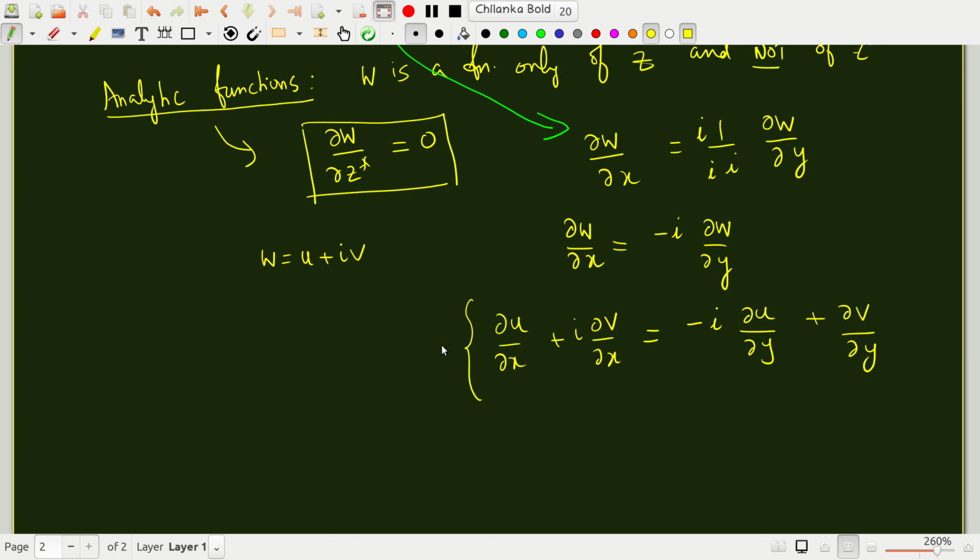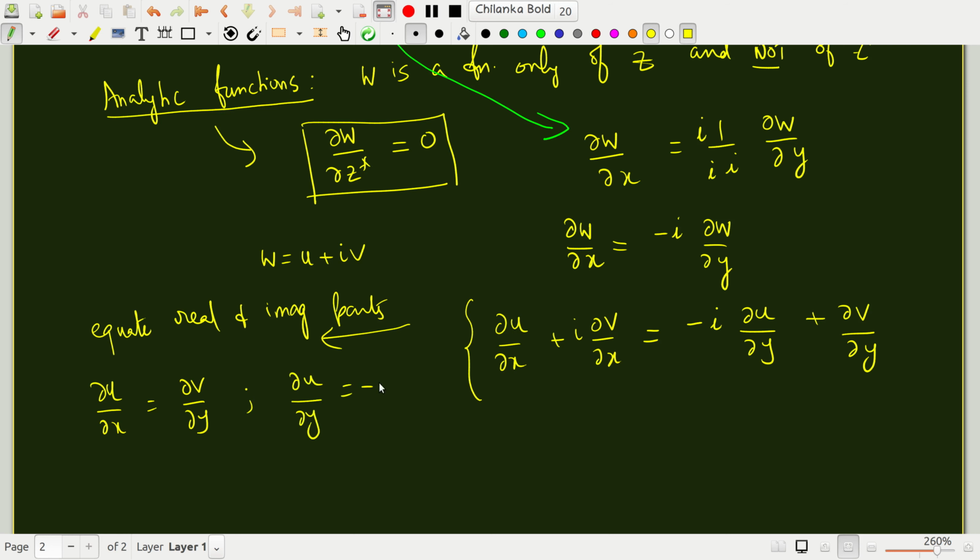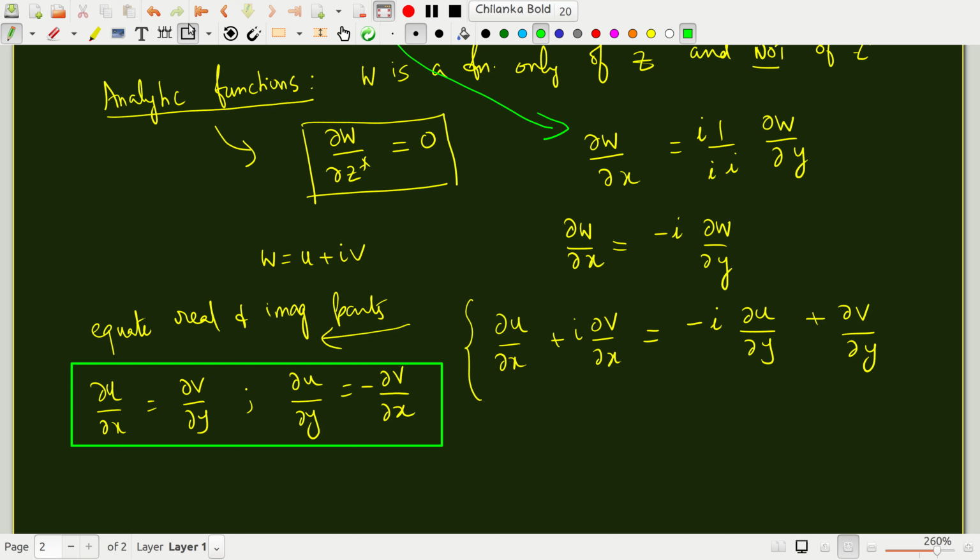So if you equate the real and imaginary parts of this equation, then one gets partial u partial x is partial v partial y, and then partial u partial y is minus partial v partial x. These are the celebrated Cauchy-Riemann equations. This is very, very important in complex analysis, because these tell you when a given function is analytic. So these are called the Cauchy-Riemann